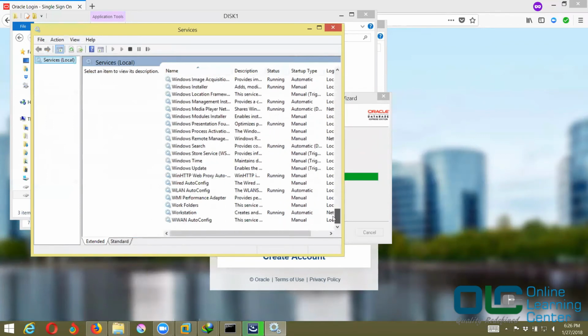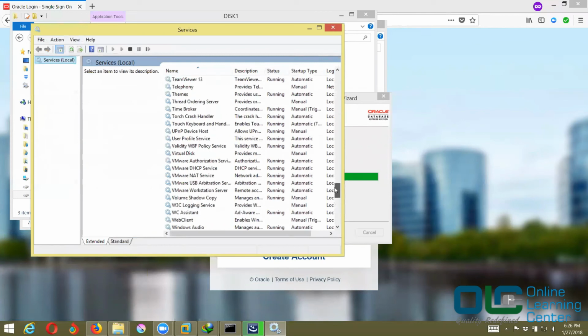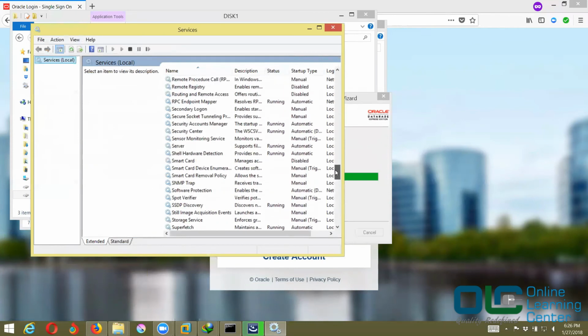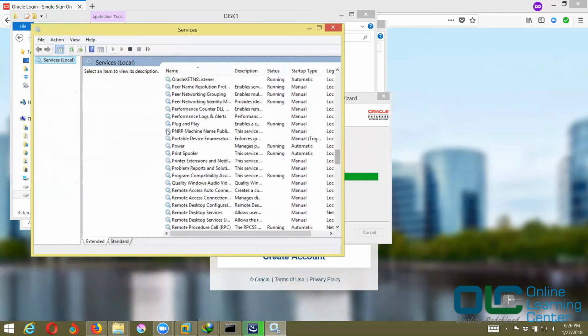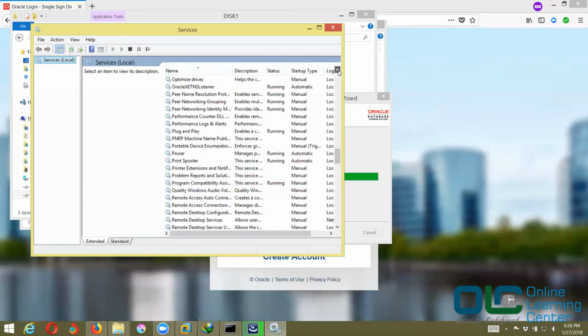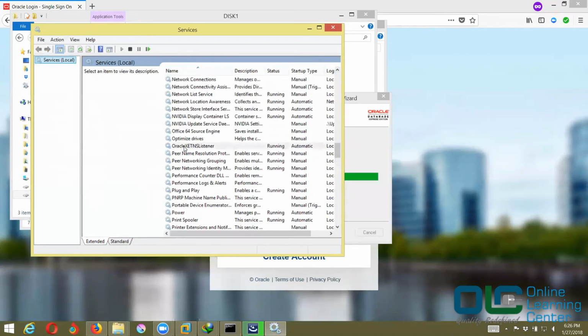So once you install this Oracle successfully, you should be able to find some services here with O. Now you check it out here. You got Oracle TNS listener. Similarly, you'll get 3-4 more services, and this should be running. Okay, and if it is not running, then you have to run it manually.